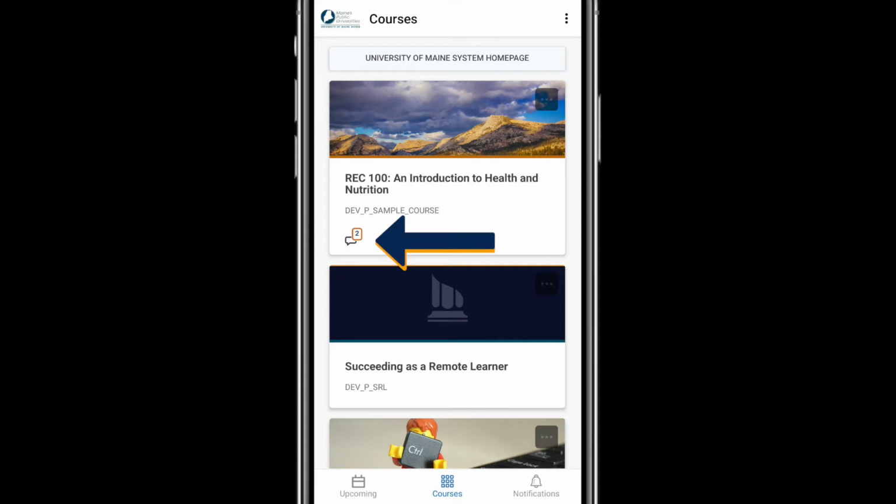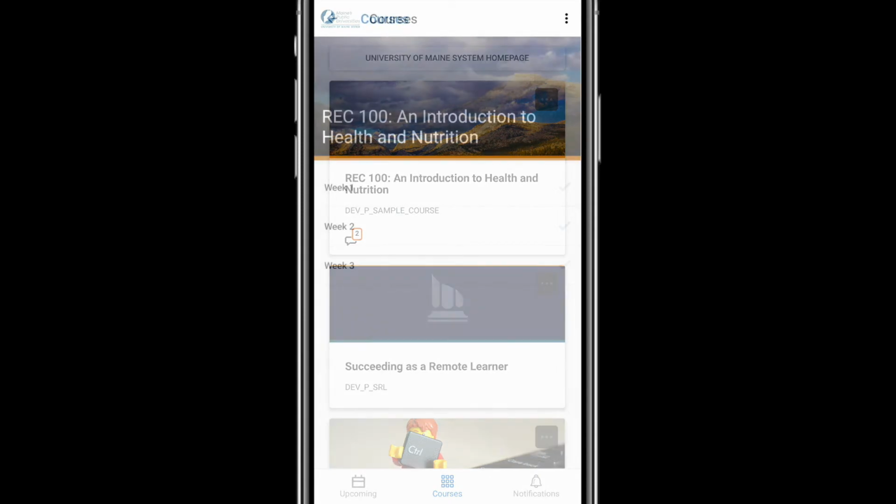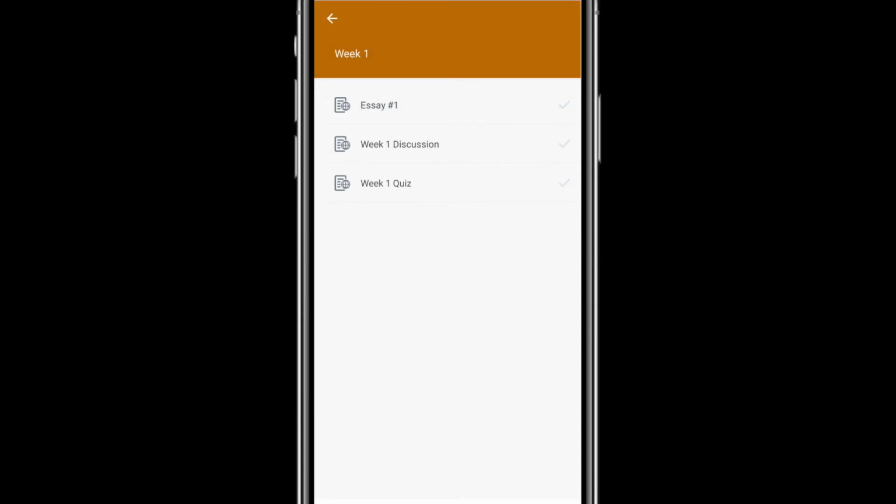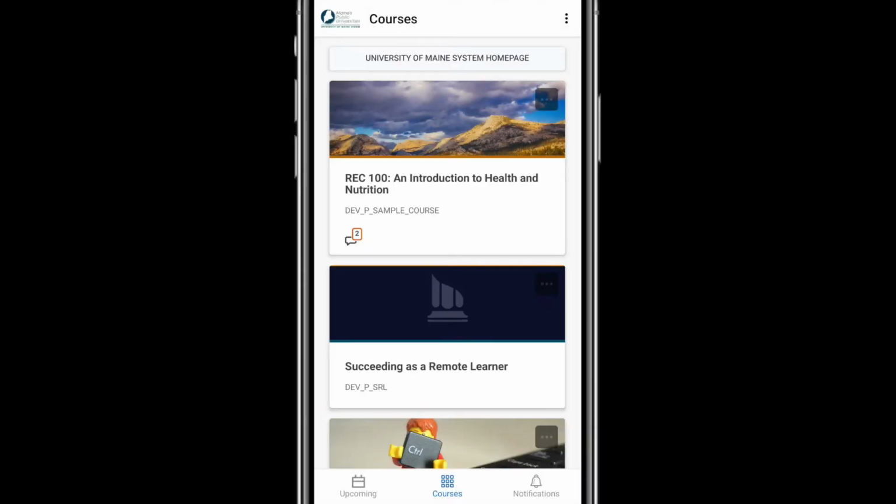The discussion icon shows the number of unread discussion posts in that course. Clicking this icon will bring you to that course's discussion page. Tap the center of the course to see a list of that course's modules. Modules may contain assignments, quizzes, videos, submodules, and more. Although it is not recommended to complete assignments on your mobile device, Brightspace provides all of the same functionality within the Pulse app as if you were using Brightspace on your computer. You can complete assignments and quizzes, upload files from the cloud, respond to discussions, and read assigned content all from your mobile device if need be.